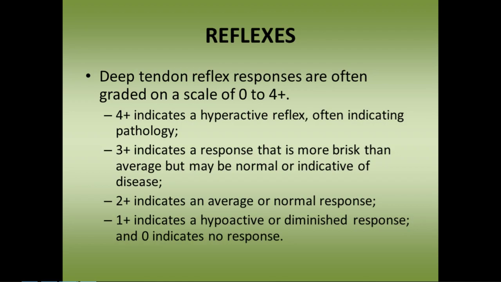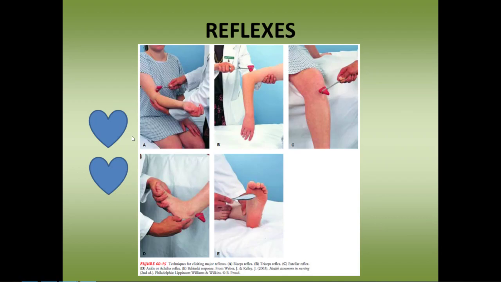So an example of which is your biceps reflex. In this case, we strike the bicep tendon of the flexed elbow, and normally there should be movement of the arm. I will show you examples. So this is an example of your bicep and your tricep reflex, your knee jerk reflex. We also have here your Babinski,